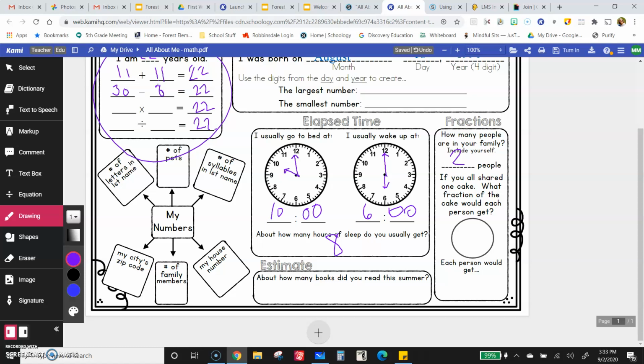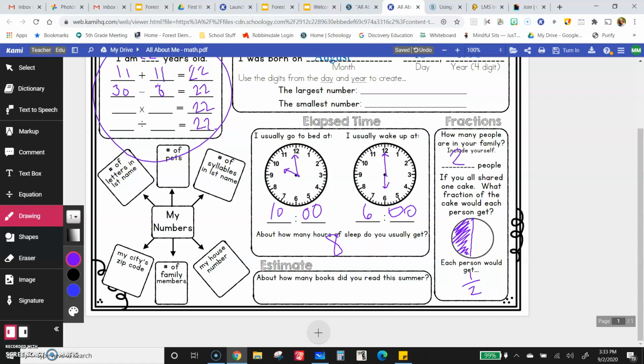So you're going to want to divide your cake into that many pieces. So if you have 10 people, you divide it into 10 pieces, right? I'm just going to divide mine into 2 pieces. Say, okay, this is for me, the other one is for my husband, so each person will get 1/2. Now, if you have more people, that's going to be a different fraction.